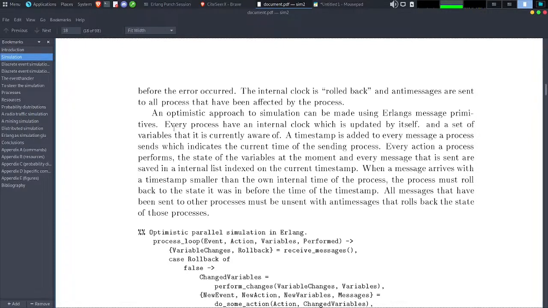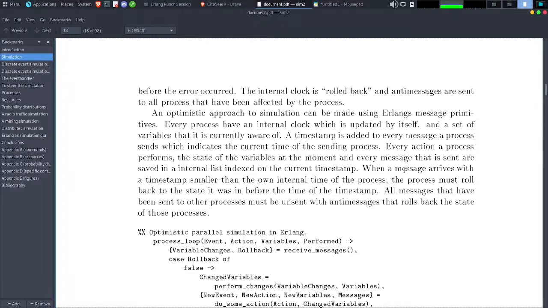Every process has an internal clock which is updated by itself on the set of variables that it is currently aware of. A timestamp is added to every message a process sends, which indicates the current time of the sending process. For every action a process performs, the state of the variables at the moment of every message that is sent is saved in an internal list indexed on the current timestamp.